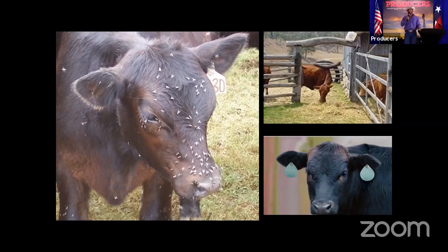So I just put up a couple slides here. That picture of the calf, it's got flies all over him. It's only adding to heat stress. So we throw on some fly tags, and it's going to minimize the effect of flies that are going to have. And that top right picture, it's not the best quality picture, but I really liked the scenario that they